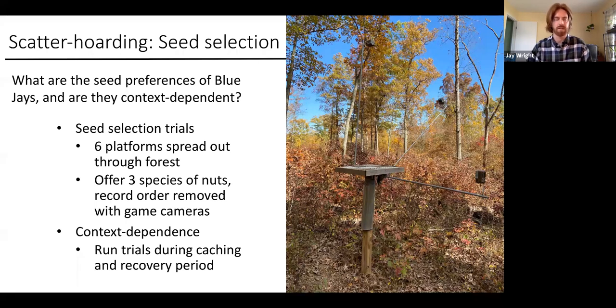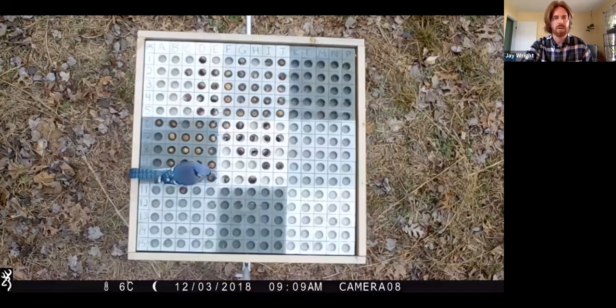And I'm also running these trials 2 times a year. So once early-ish in the season, so in sort of mid-October when birds are still caching acorns, and then also in December when most of the acorns are off the trees and birds are primarily recovering cached acorns. So I'm going to show a couple videos of what these seed selection